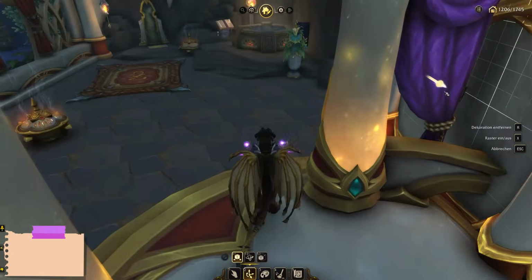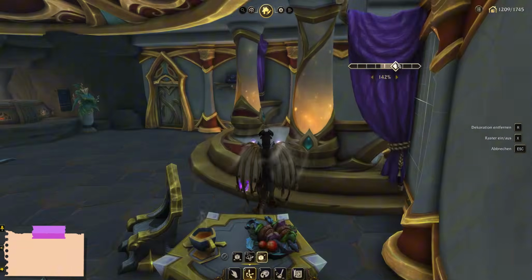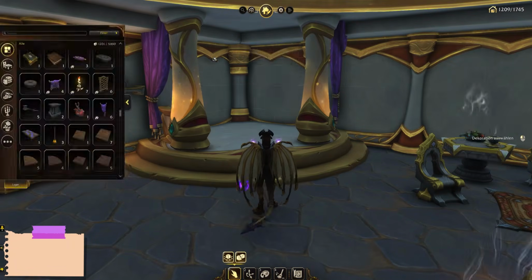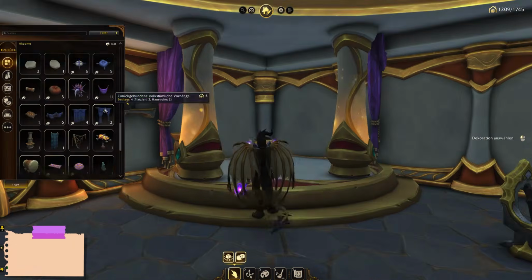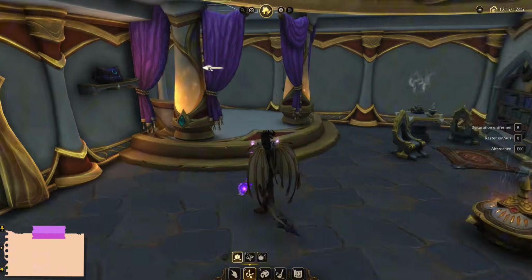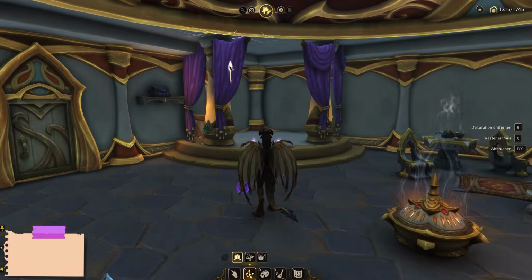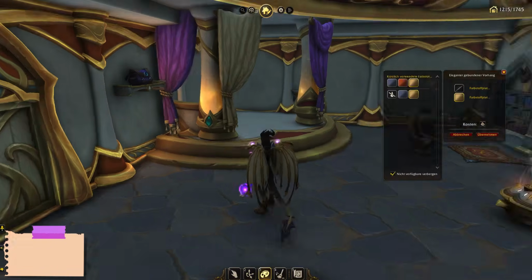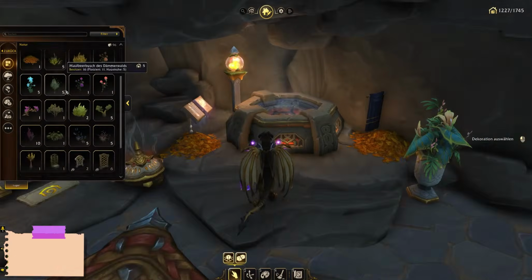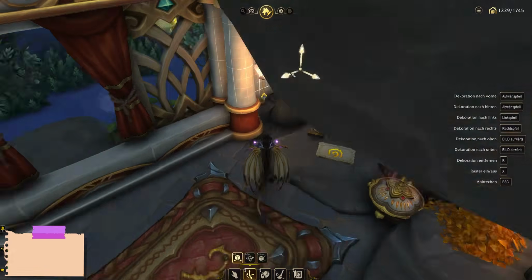So this area that I'm building here is supposed to be his sleeping area. I wanted to use the draconic nesting bed that I believe leather workers from Dragonflight can craft. But I didn't have that bed at that time because I asked a guildie if she could build it for me. So I had to wait until she was done getting all that lumber and sending me the item over,